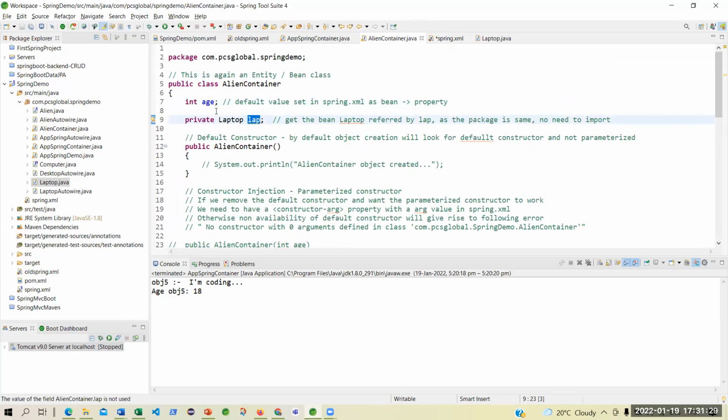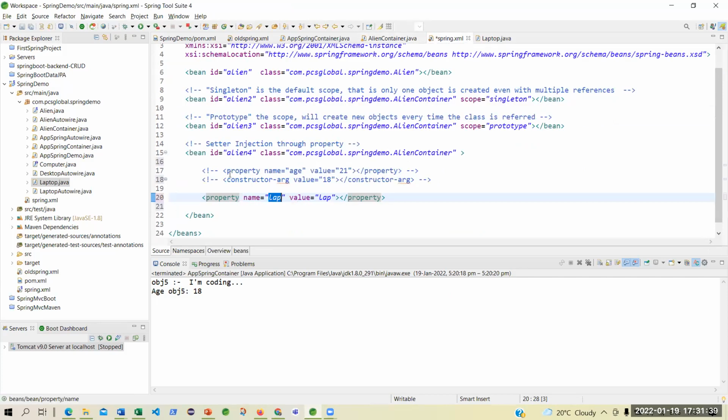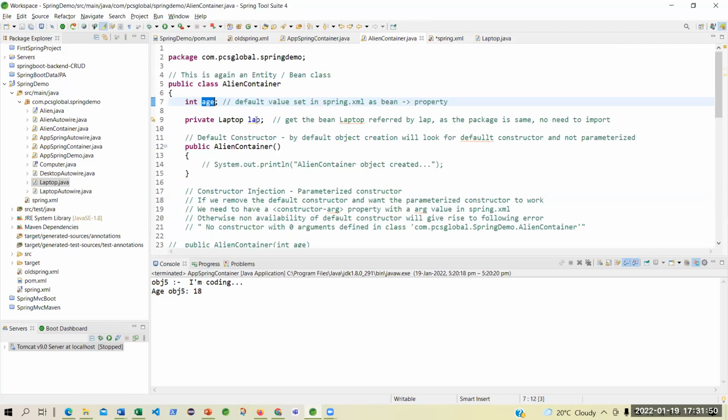This is a property. But let's say we still don't have this concept. We see that, okay, if I can do the assigning of the value with age, which is a property, like the one we have done over here, we can similarly do for the object as well. Let's try. What's the harm in trying? So what I'm doing, I have said that this is a laptop type lab. So I know this is the property.